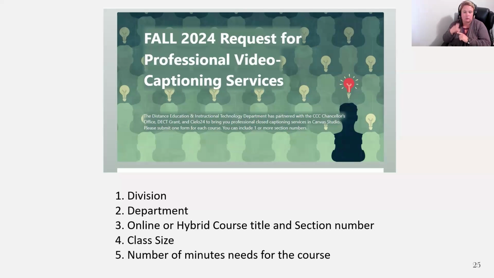Now, the difference between this and 3C Media is that you can submit enough minutes for, you know, like the month or something. If you have content that you know you're going to use, you can just submit the number of minutes that you need. And then those are approved. And once you get that approval, you can submit 6 videos if you want, 7, right?